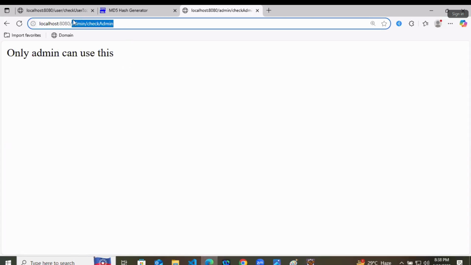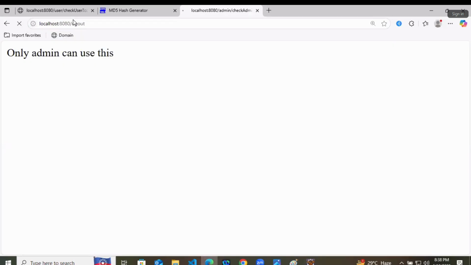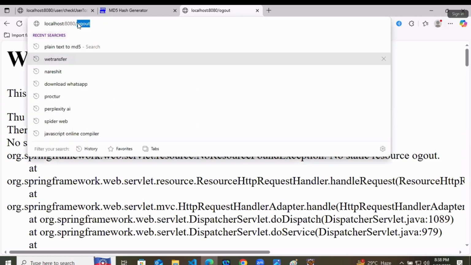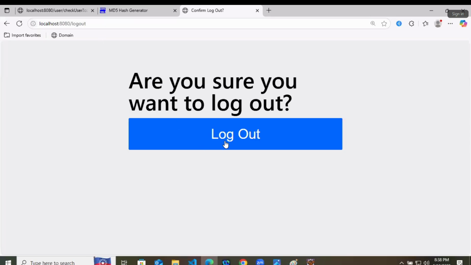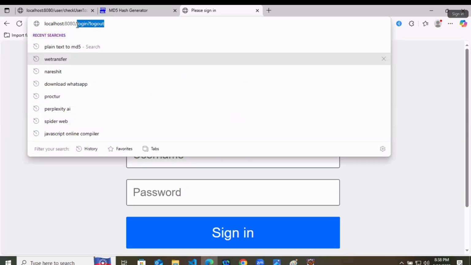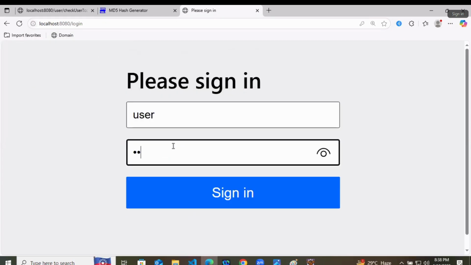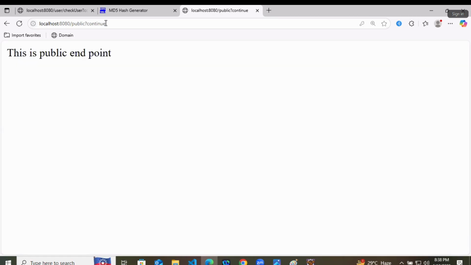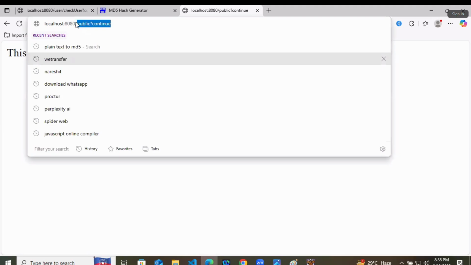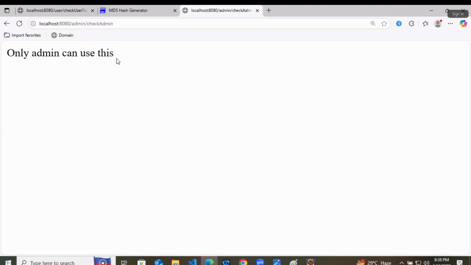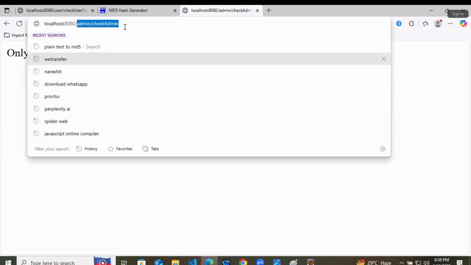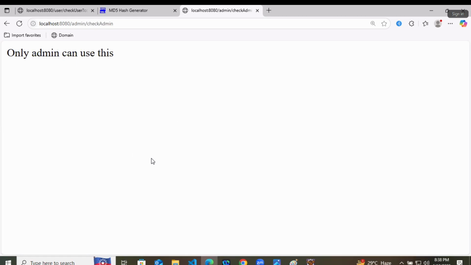So let's log out first, and we will try to fetch the public URL with the user's details, and then we will check the admin's URL. Now, this is the problem: when a user is trying to check the admin's page, it is properly available.